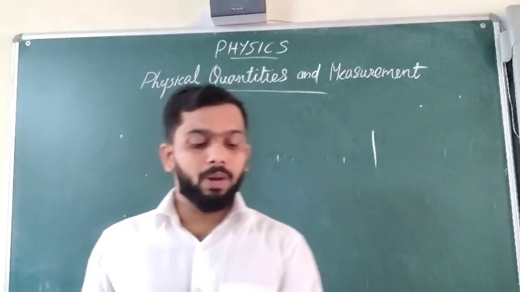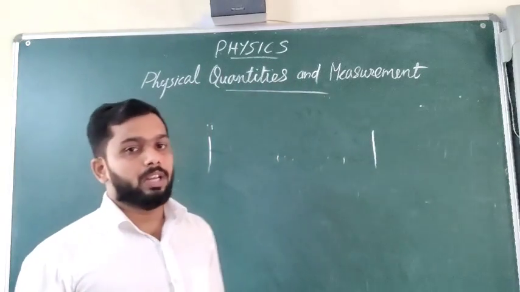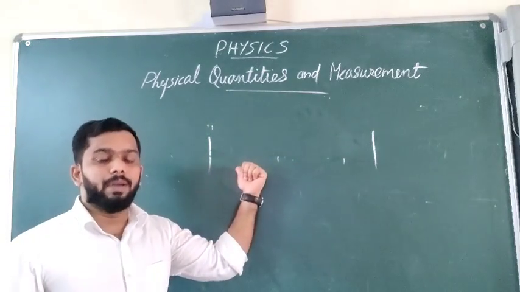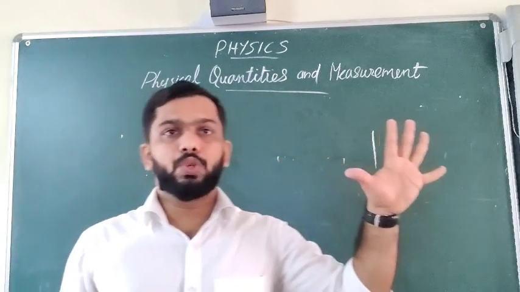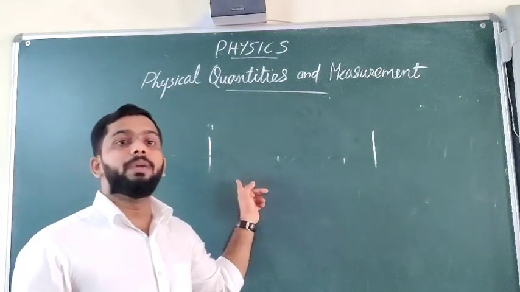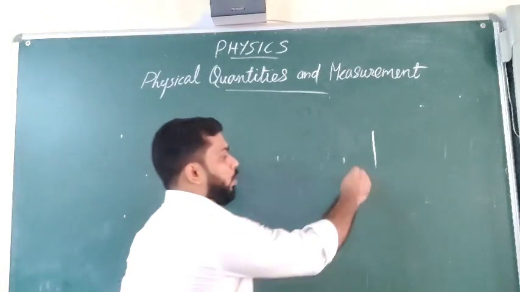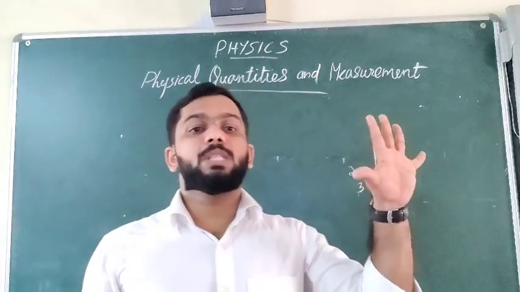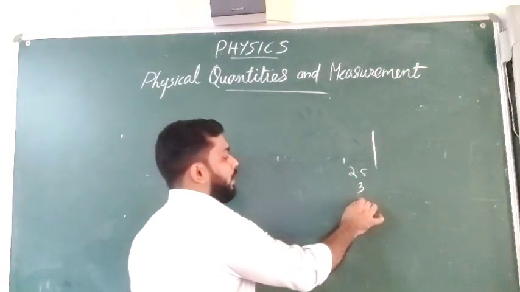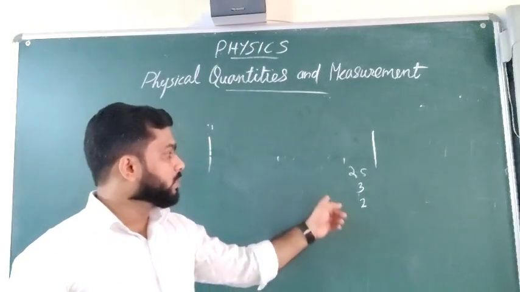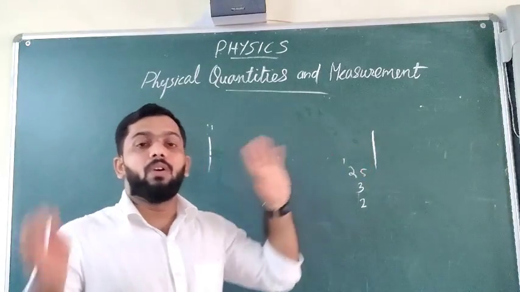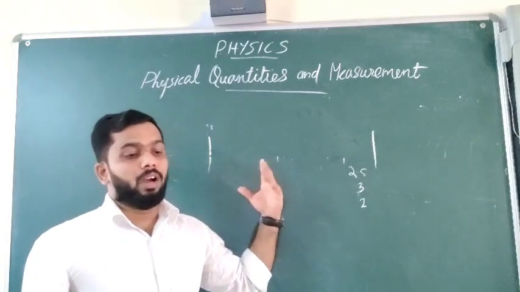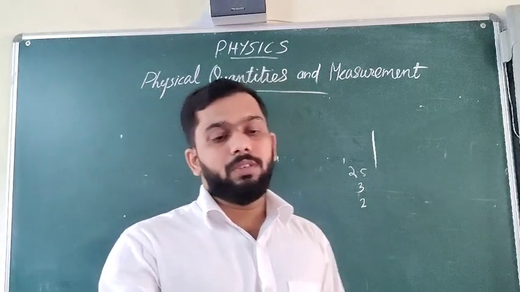So here comes the problem with the traditional units. As a result, I have this as almost 2.5. Now, if you measure, what will happen? My hand span is bigger than yours, sure. So if you measure, you will be getting the answer as 3. I was getting almost 2.5, but you are getting 3. If one person has a hand span bigger than mine, he will get the value 2. If these 3 values are obtained for the same length, I cannot say that any of them is wrong, because in the traditional system we counted with our hand span or our cubit. So this is the problem.